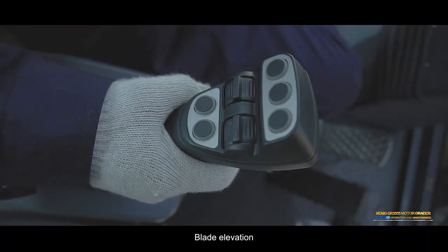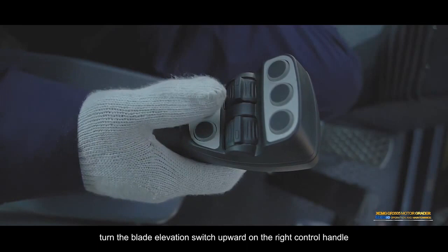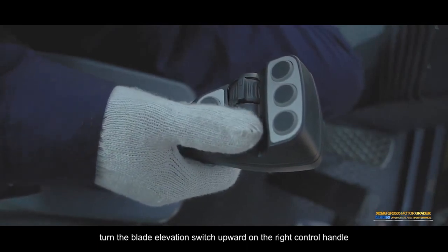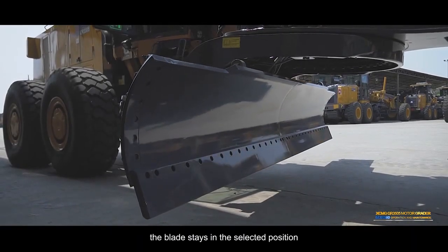Blade elevation. Blade elevation forward. Turn the blade elevation switch upward on the right control handle. The blade tilts forward. Release the switch. The blade stays in the